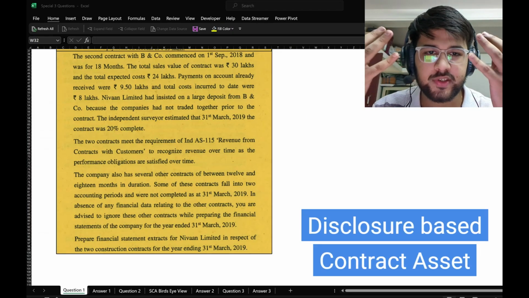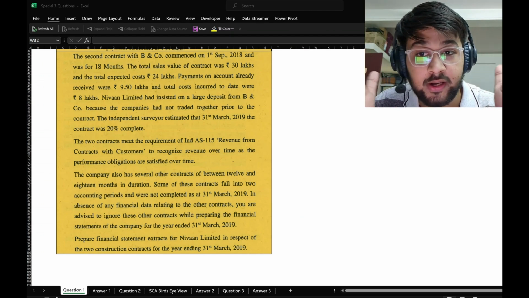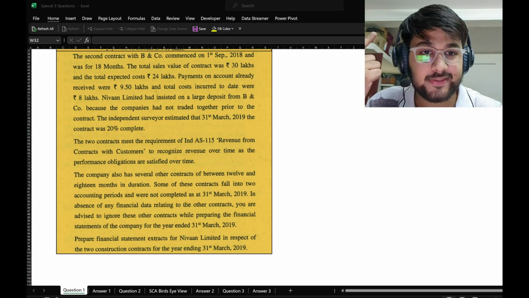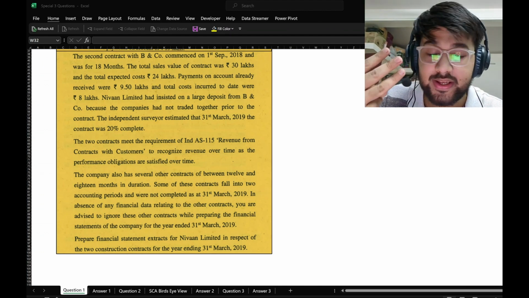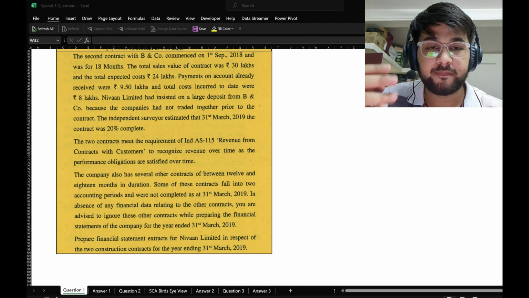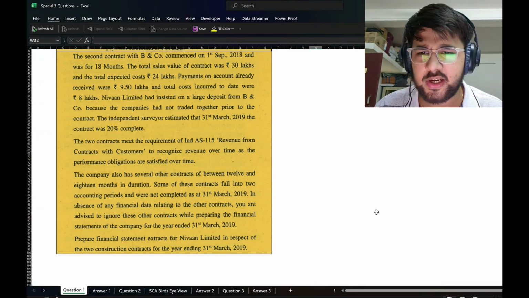Consisting of 3 questions from IND AS 115 from CA Final Financial Reporting, which I found really interesting. The first question is on disclosures, the second one is on service concession agreements, and the third one is on discount coupons. So going through the first question, that is from November 2019,